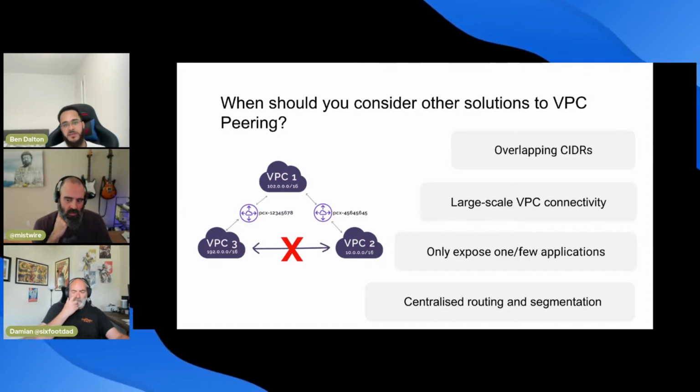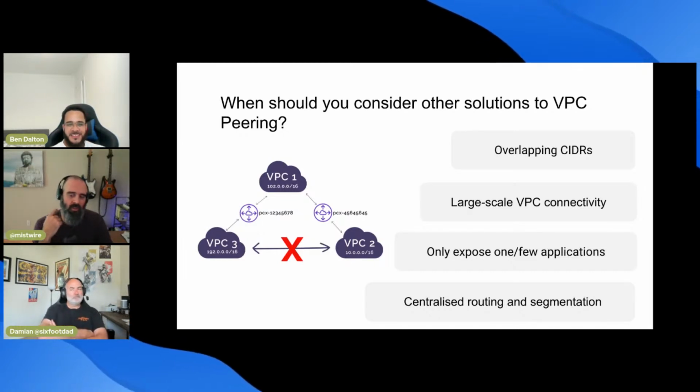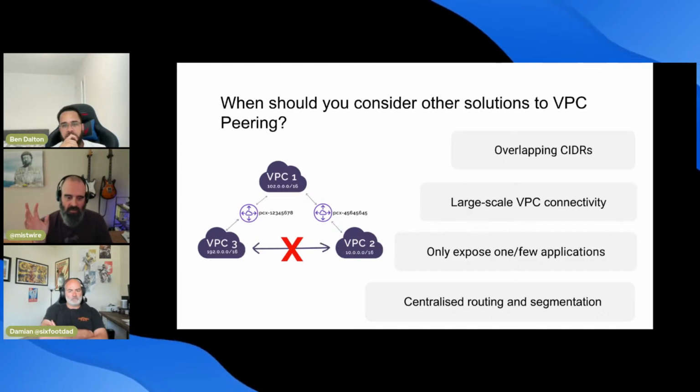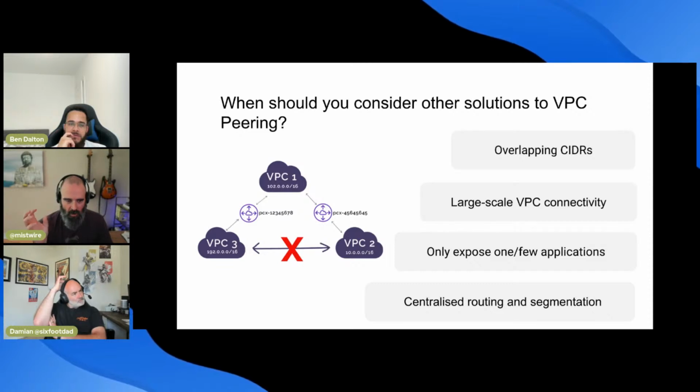Is there a magic number, or a throughput amount, that you would consider, like, okay, I'm going to use peering up until this point, but now that I have this many things, now I'm going to flip over to transit gateway, or is it a harder decision to make?